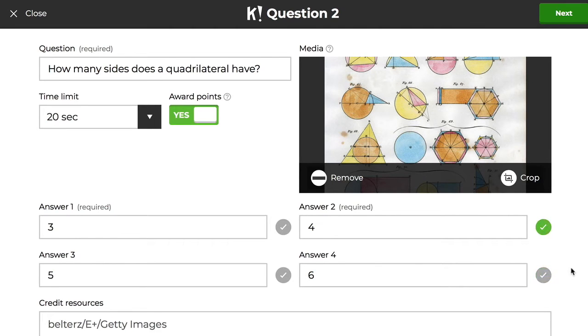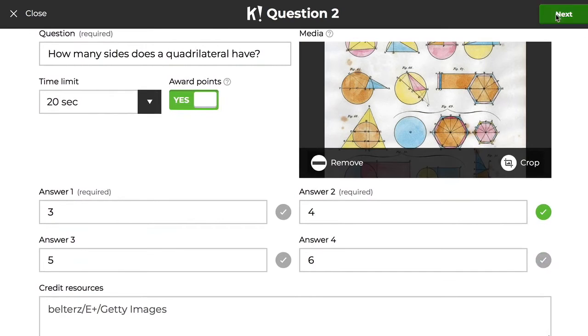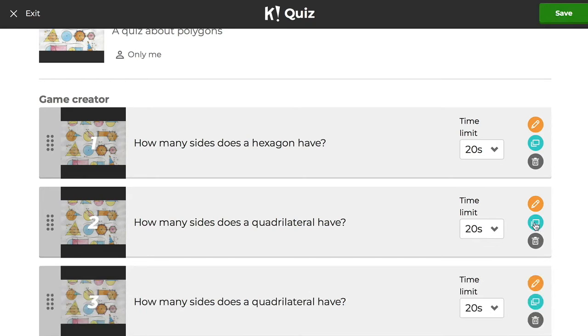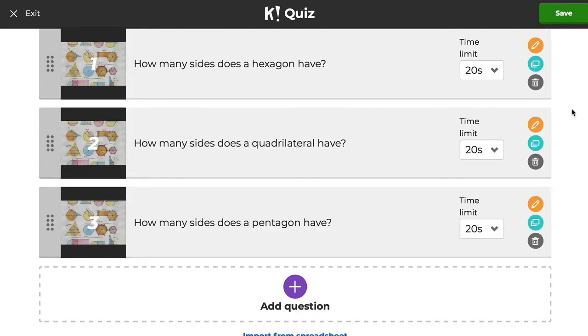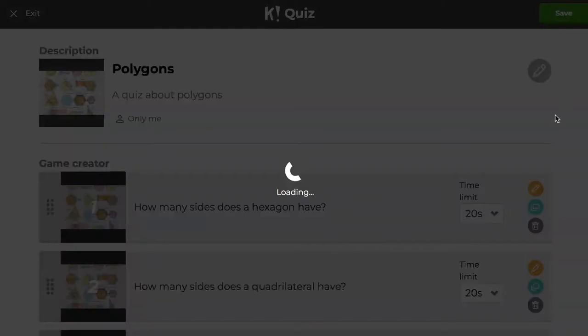And that means I need to change my correct answer. I'll change it to 4, and then I duplicate my question again. And this time we'll take out quadrilateral and we'll put in pentagon. Okay, pentagon. How many sides does a pentagon have? And the same answers, but we'll change our answer to, of course, 5.